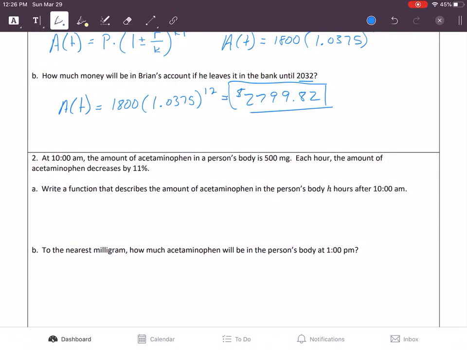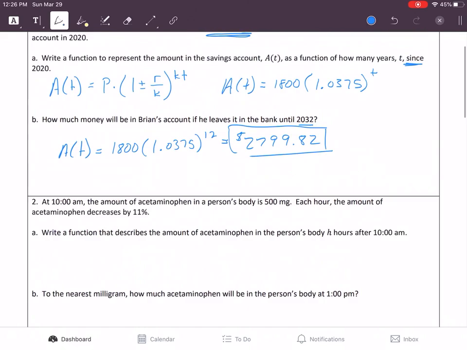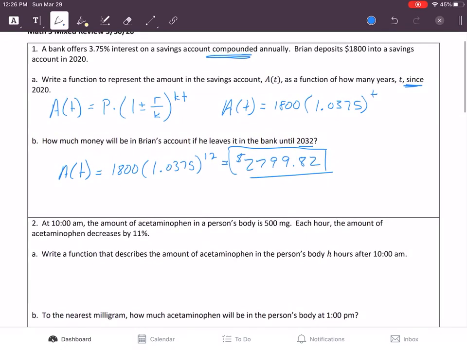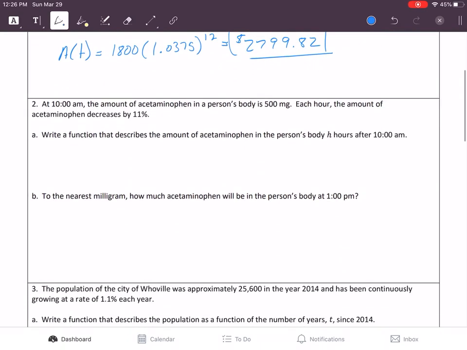Okay, and actually, I lied. We're not doing the same basic equation because it's not compounding. There's no compounding in this second problem, so it's going to be a different type of equation. So we're going to have the amount over time in hours, and we're going to do the original, which